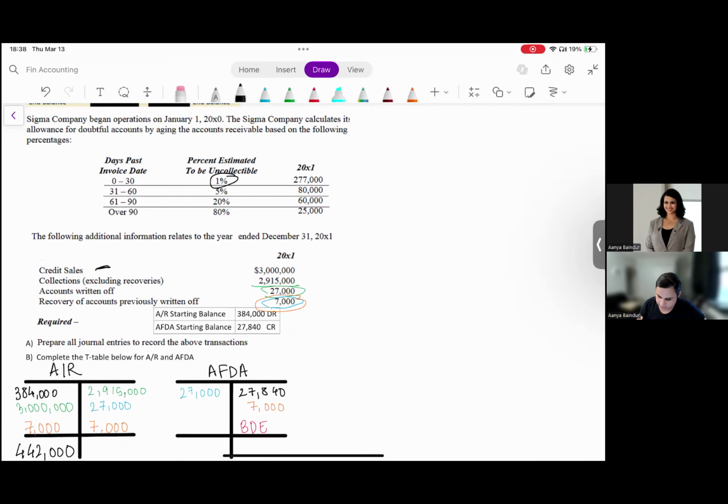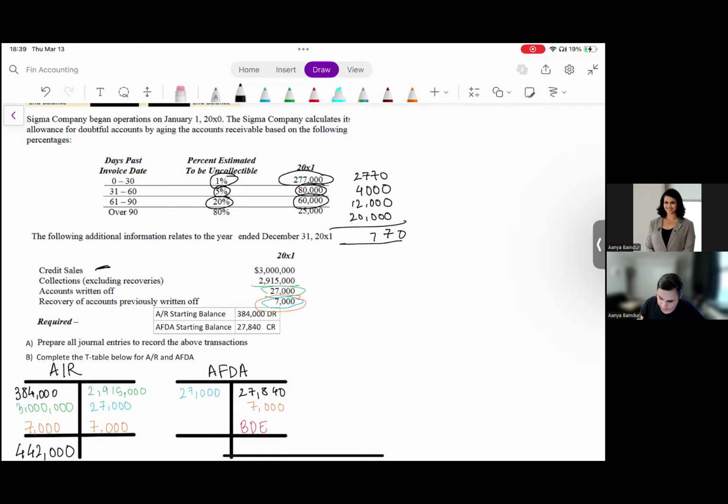So we find 1% of this amount, which is 2,770. Next, we find 5% of 80,000. I'm just going to do that on my calculator. That gives us 4,000. Next, we find 20% of 60,000, which is 12,000. And lastly, we find 80% of 25,000, which is 20,000. Now add all these numbers up